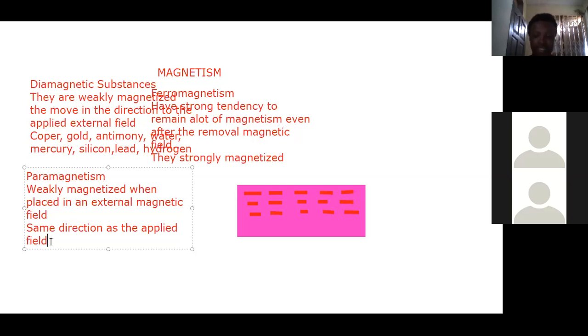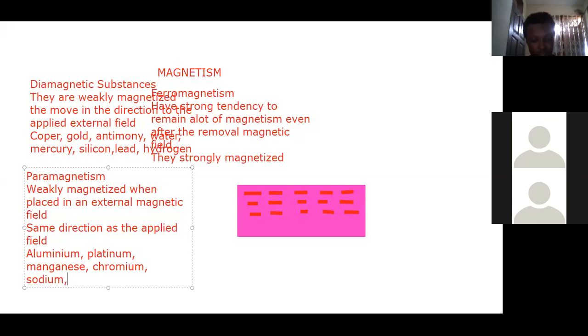Examples of these materials are aluminum, platinum, manganese, chromium, sodium, calcium, lithium, niobium, copper chloride, crown glass, oxygen, and so on.